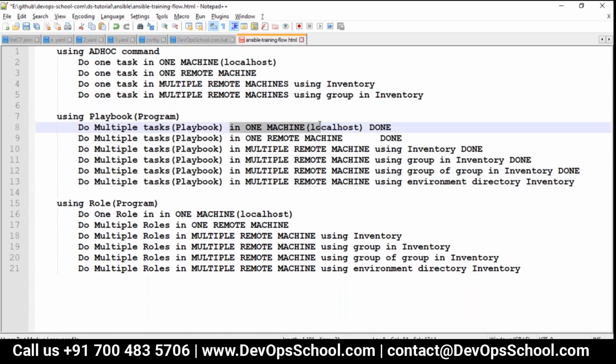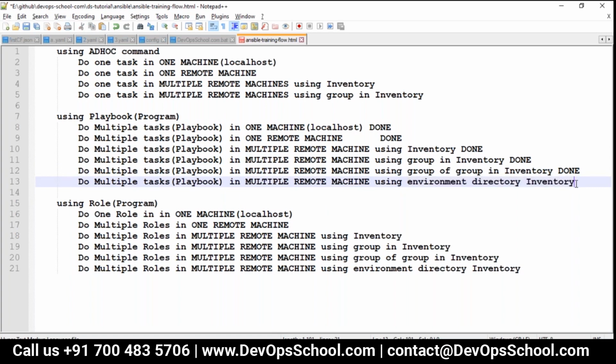But again, we can run multiple tasks on localhost, one machine. Again, the same multiple tasks, in the form of a playbook, will run on one remote machine. The same multiple tasks will run on multiple remote machines, using inventory. Again, multiple remote machines using a group in inventory, a group of groups in inventory, environment directories and stuff like that.